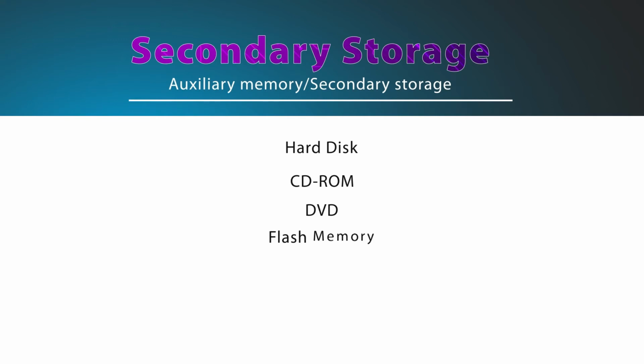The next one, which is very important and very popular, is the pen drive, which we generally call flash memory. Pen drives of normal sizes from 4 GB to 32 GB or 64 GB, even 128 GB, are available, and you can keep one in your pocket. It is a kind of portable memory that you can take from one place to another and use. And for large storage in industry or business applications, if you are going to keep some backup, magnetic tapes are also used for the purpose of storage.